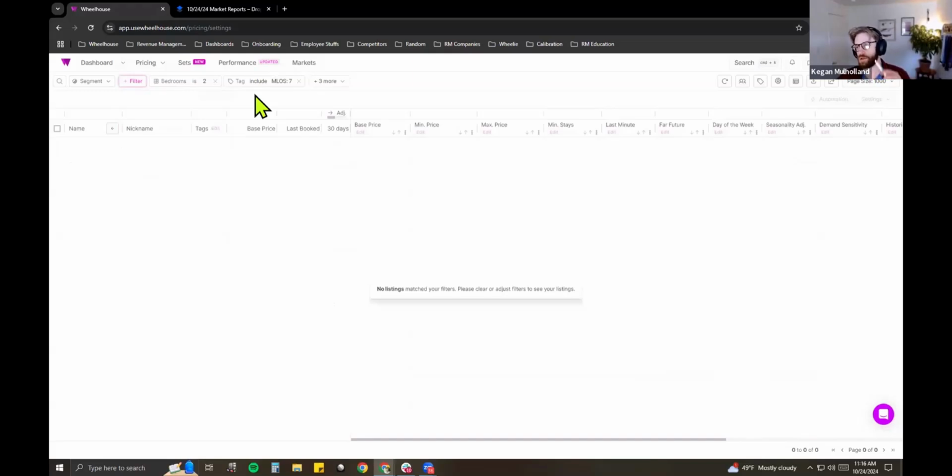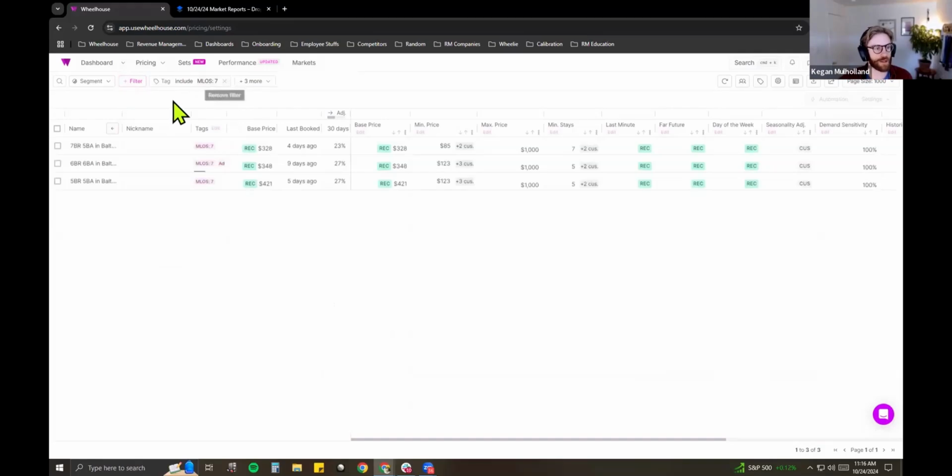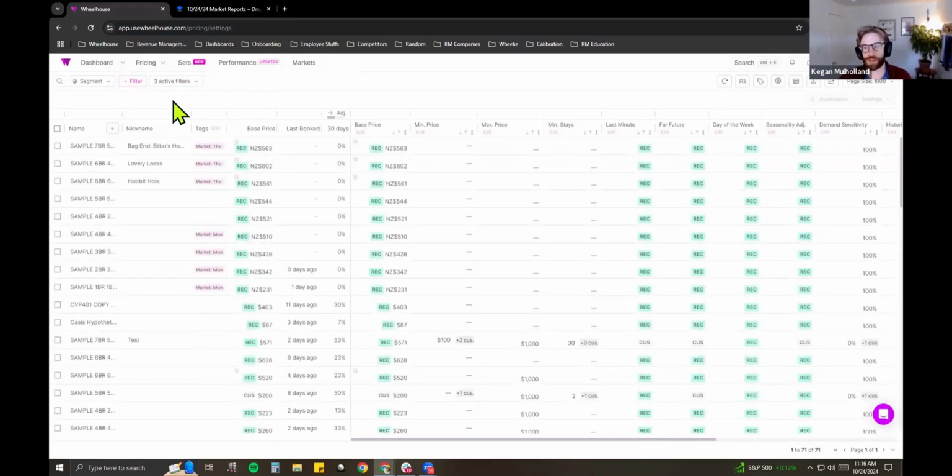That is a really good indication you should create a segment for that group. If you're constantly using it to change pricing or report on that group, absolutely should create a segment for that. So that's really the first easy one that we'll want to build together.